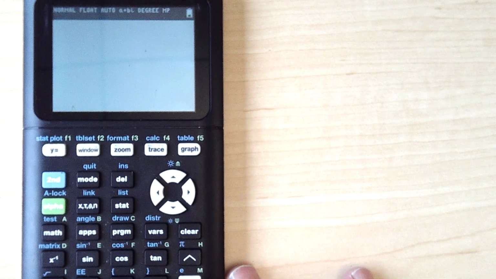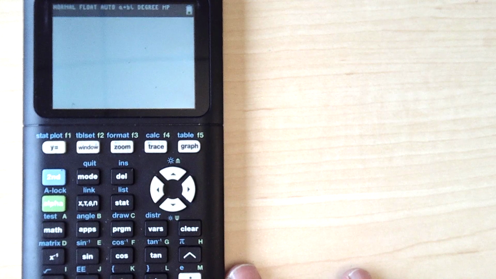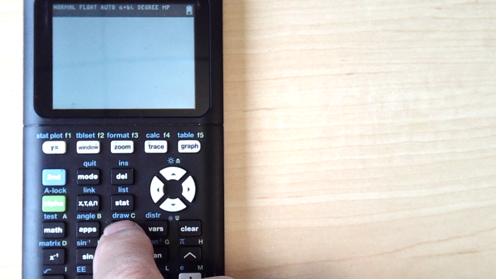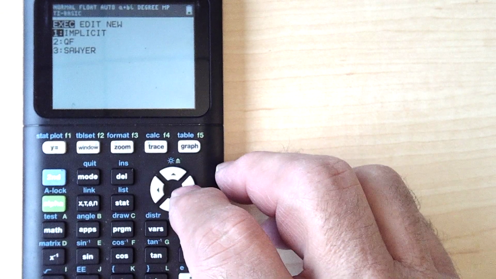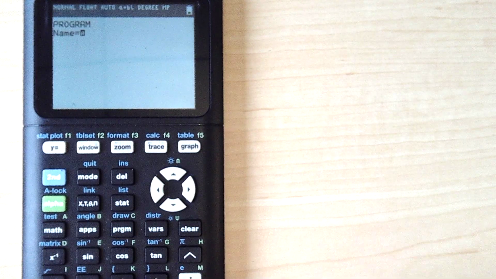All right, I'm going to show you how to program a TI calculator to do the quadratic formula. So this is a program, so we're going to first push the button program. Now I've got a few formulas in here already. I'm going to add a new one, and I got to name it, so I'm going to call it quad